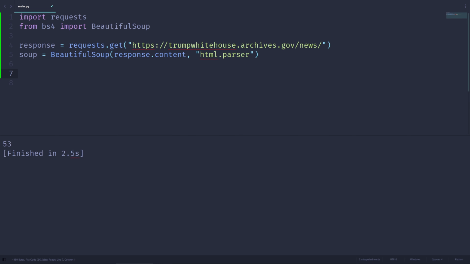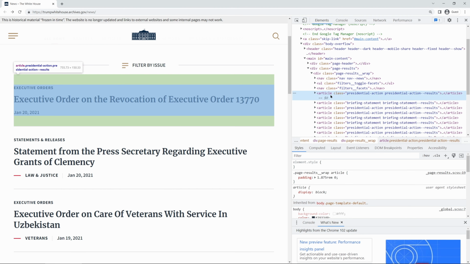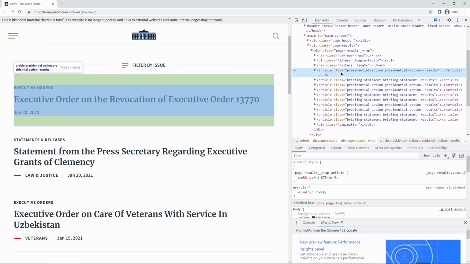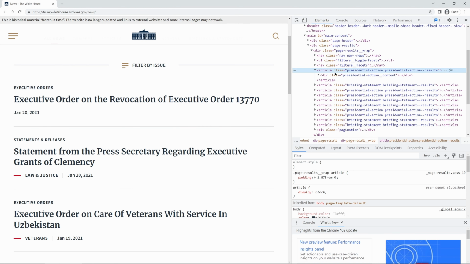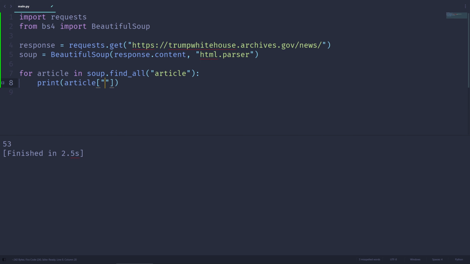We can do that with a for loop. So let's write for each article in soup.findAll. So we're looking through the list of all the articles in the entire source code. And let's print out the article. Well, let's see. What can we print out just to print out something? So let's print out the class of the article tag. So let's print out article class. We can access the class attribute of that article element by putting it inside of square brackets and then the quotation marks. So printing this out,